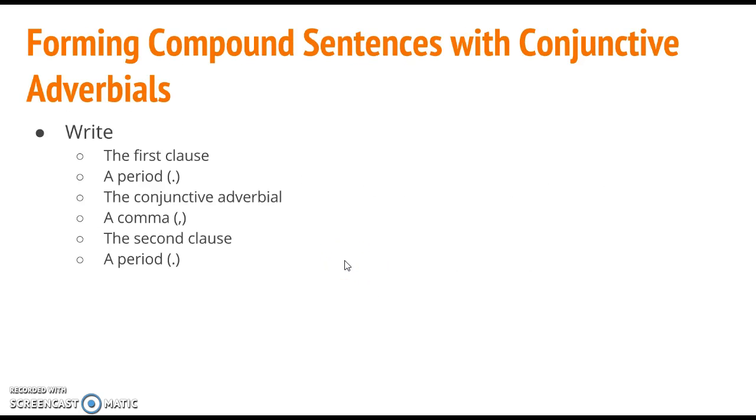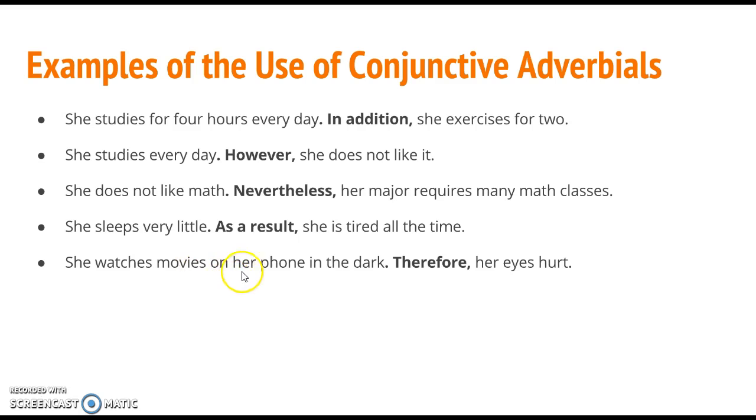Another way that we can form a compound sentence with a conjunctive adverbial is to write the first clause, write a period instead of a semicolon, add the conjunctive adverbial, a comma after the conjunctive adverbial, write the second clause, and then another period. So if we look at the same sentences as earlier, punctuated in the new way, we have: she studies for 4 hours every day. In addition, she exercises for 2. So the meaning is the same, but instead of the semicolon, we've used a period between all of these